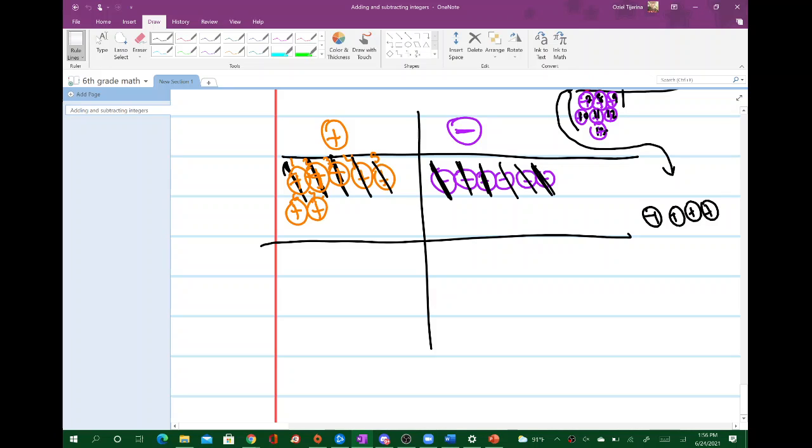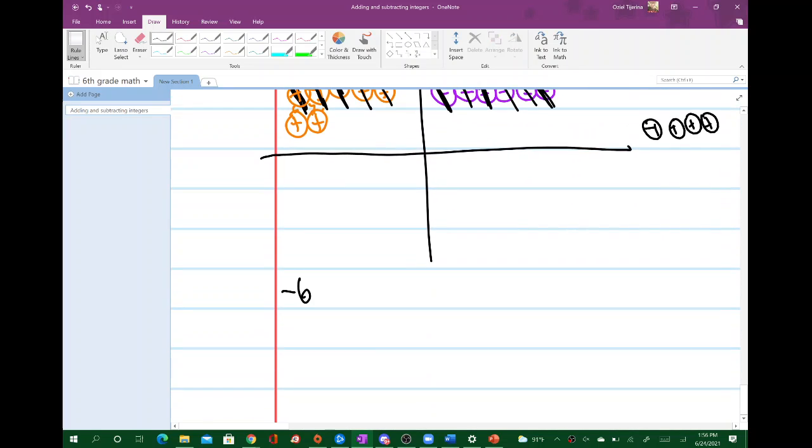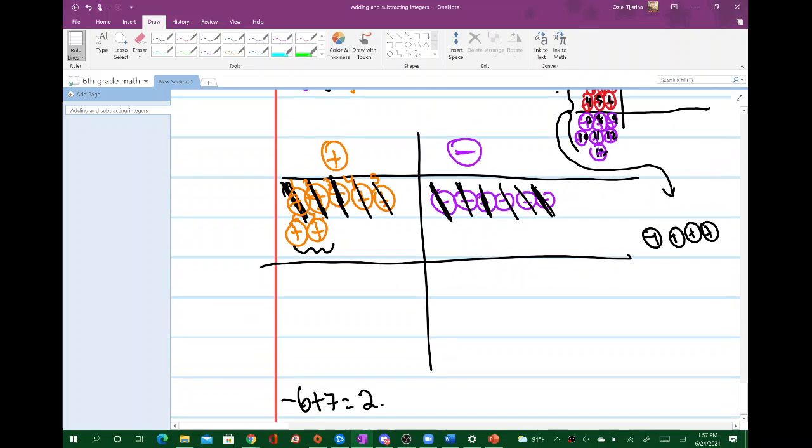So basically every time you cross something out, every positive has to cross out with a negative, right? But now you see that, I say, okay, well, I can't cross out a positive anymore because there is no other negative here. Now I'm left with these. What do I do with these two? Well, in reality, that is what is left over. So in reality, -6 plus 7, it left me with two positives. So that's really just positive, or I'm sorry, it was,